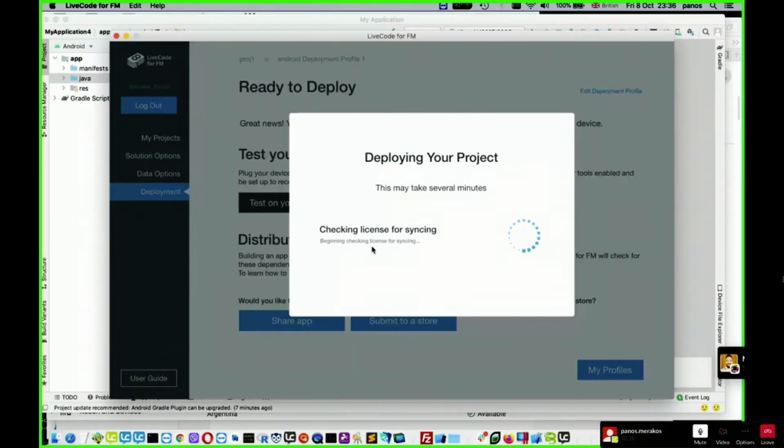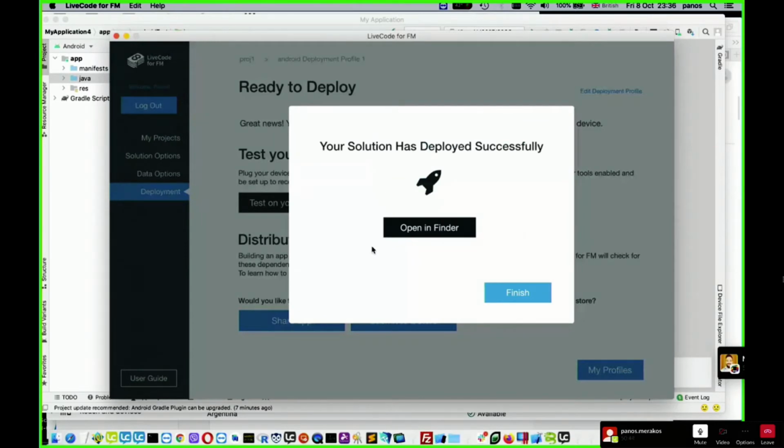For example, let me think of an example. There are 2 kinds of rejections. The first one is the rejection that happens automatically if the app bundle which you submit does not have the correct form. These are checks that are done automatically by a machine, so they just check some specific fields of the app bundle, and if they are incorrect, you get a description of the error.